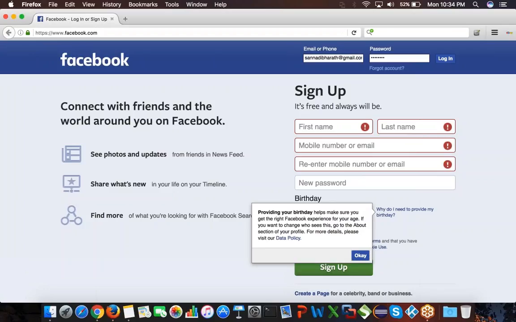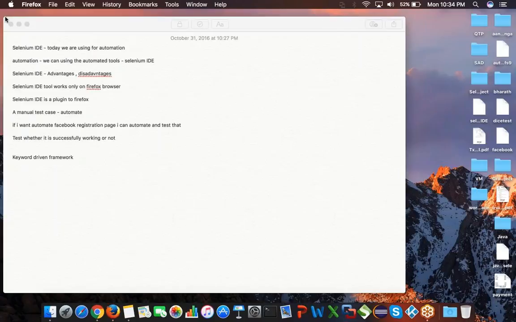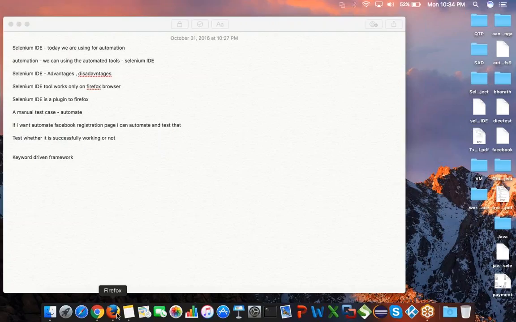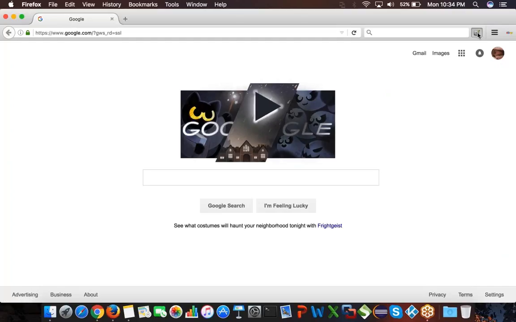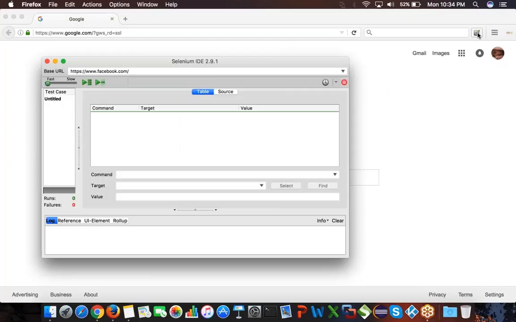And also you have to open the Firefox manually. It will not open Firefox. If you want to run the test case, it will not open Firefox and run the test case. You have to manually open Firefox, and then manually open the Selenium IDE, and only then can you automate or run the test case. So that is another major disadvantage.